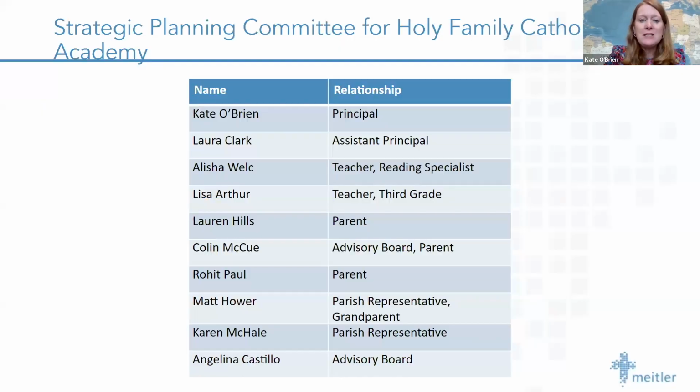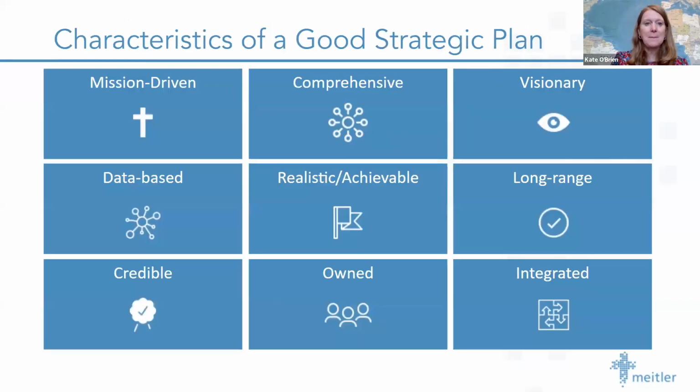First, I feel it's important to know who is a part of our strategic planning committee. As you can see here, it was comprised of our administration, teachers who represented different grade levels and different specialties, parents, school board members, and parish representatives. When we met, Meitler really talked to us about characteristics of a good strategic plan. And I think the one that's most important to call out